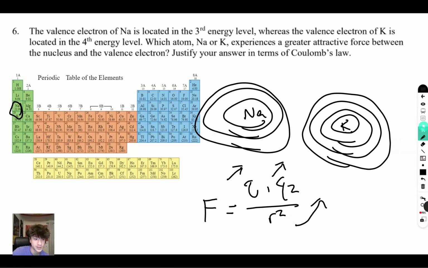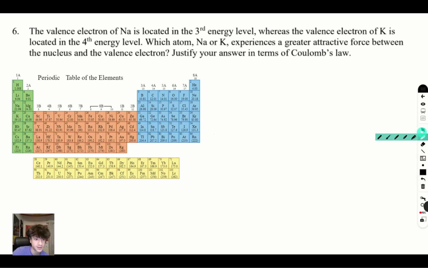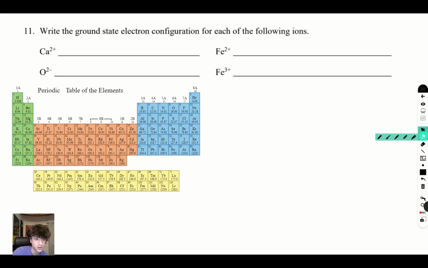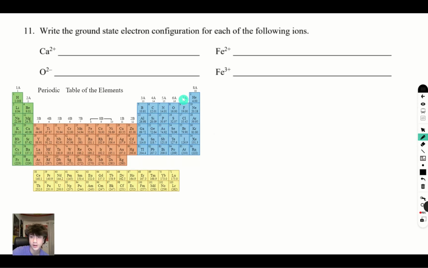Alright, so now let's move on to our third and final problem. Here it wants us to write out the ground state electron configuration. So what we have to remember is that we have the s, p, d, and f orbitals. S comes first, and then p, and then d, and then f. So from here,